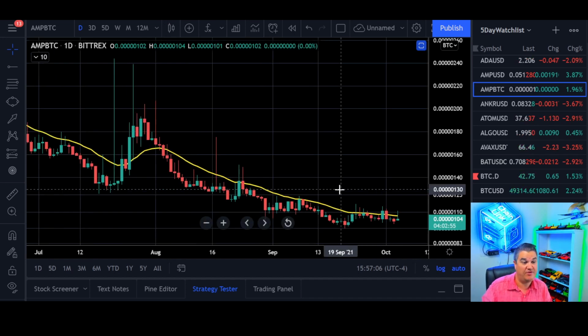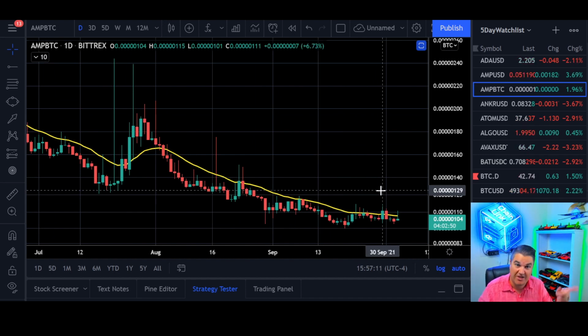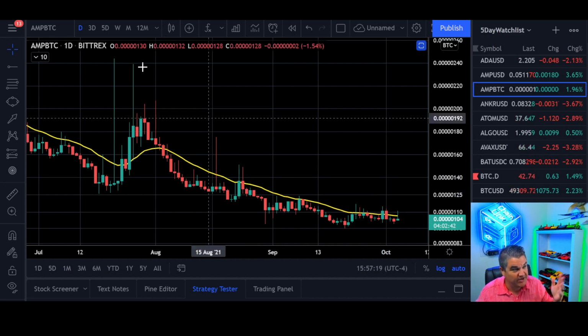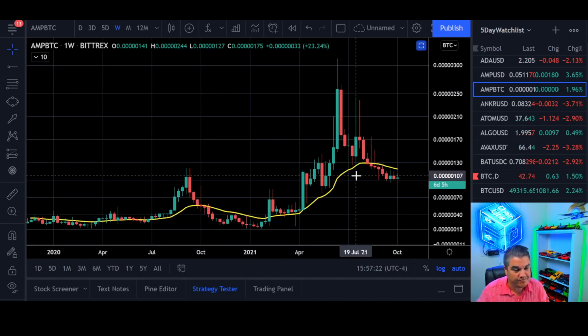So if you hold a bunch of AMP and you're like, well, I just want to get into some Bitcoin, you could just flip to Bitcoin. You don't have to sell back to fiat money and then buy back into Bitcoin. That'd be 2 transactions. Might as well just flip it to Bitcoin. So easy point. Now let's go look at one more thing.